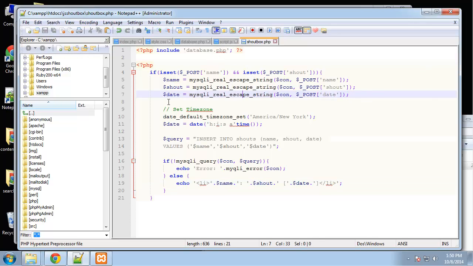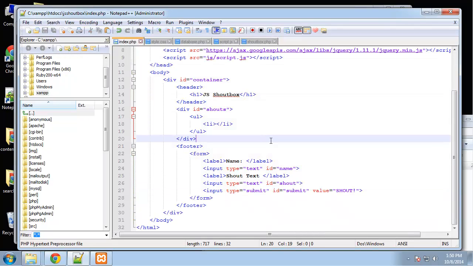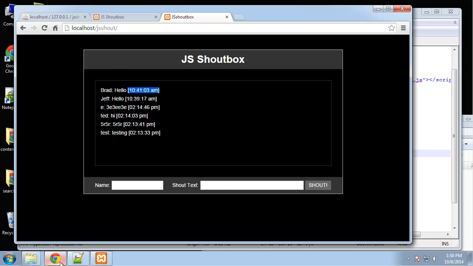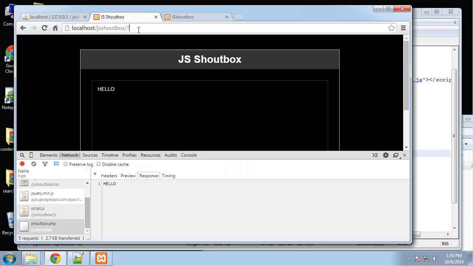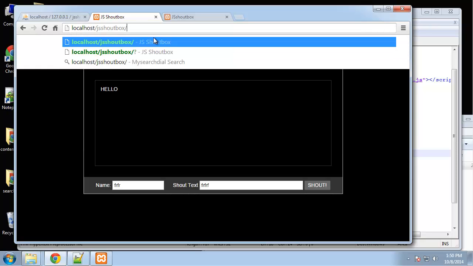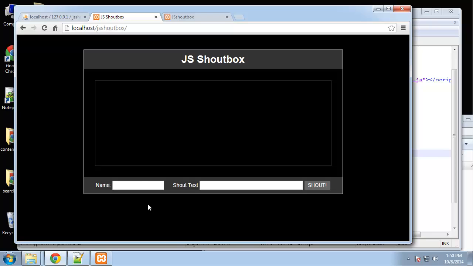So the last thing we need to do here is go to index, and we need to grab all of the shouts out of the database and also put them here, because right now only the one we submit will show. And let's just see if that works so far. We may have to do a little bit of debugging. Okay, so put the name in, say hello